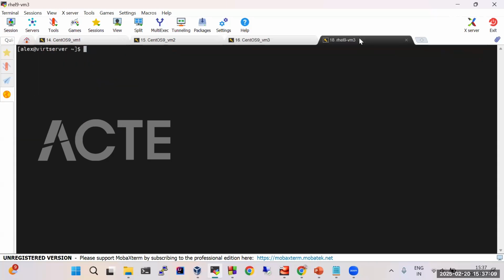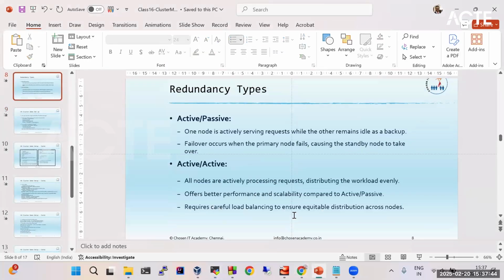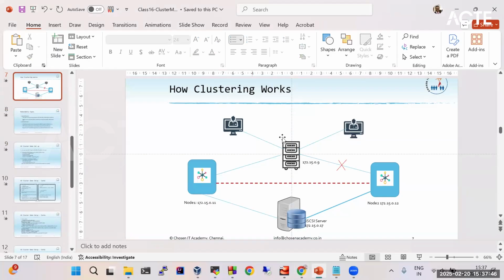So this is the virtual IP server. I am taking the IP of this server as an IP address through which we can avail the services for the client. So this is the IP address for the cluster's front end, the cluster-facing IP for the clients. So if you see the picture here, for the clients, RHEL VM3 will be pointing to node 1 or node 2,